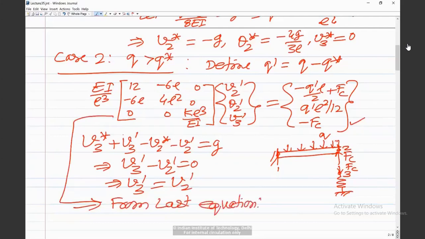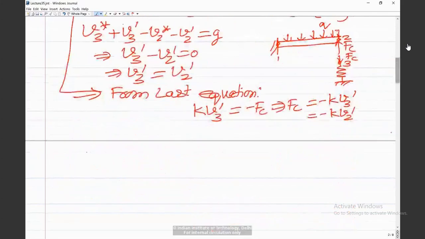From the last equation we will have k into v3 dash equal to minus fc. So now you can write fc in terms of v3 dash. We will have fc equal to minus k into v3 dash, and v3 dash is equal to v2 dash, so you can say minus k into v2 dash. Now if you look at the first and second equation from the same set,